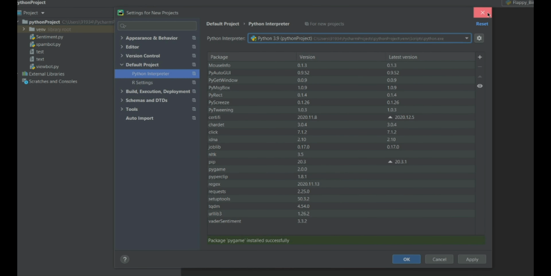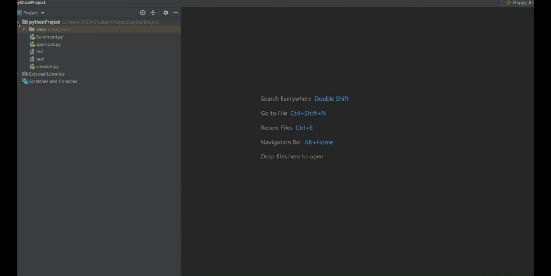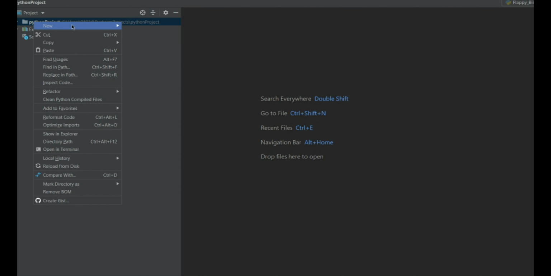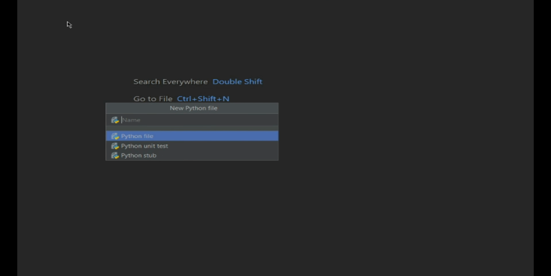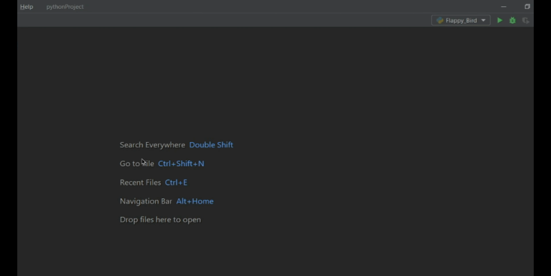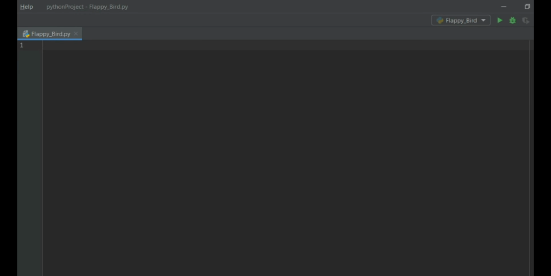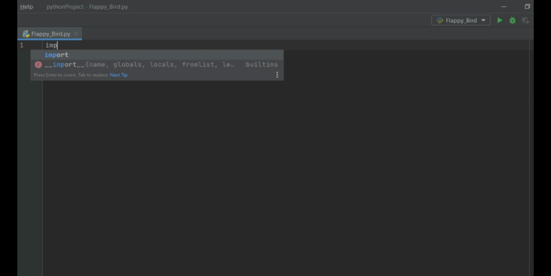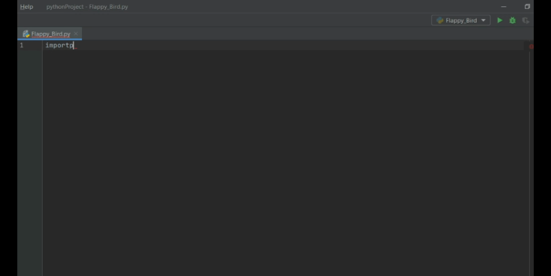After it's installed, we just code a basic game loop so that we have the very basics of making a game down. So what I'm going to be doing now is basically just making a screen where we are going to be playing this, as every game needs a screen. So first we'll need to import this into our project. Import pygame,